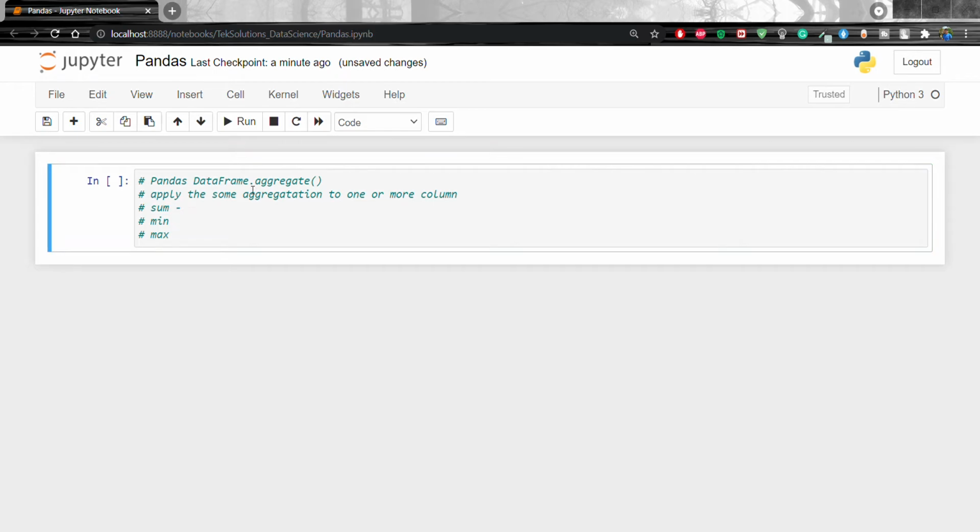So what is sum? It is used to return the sum of the values for the requested axis, meaning x-axis or y-axis, column or row that you are going to sum. What is mean? It is used to return the mean of the values of the requested axis.